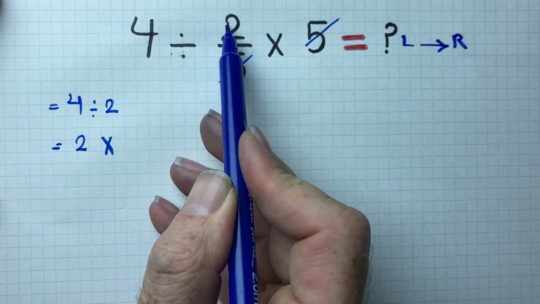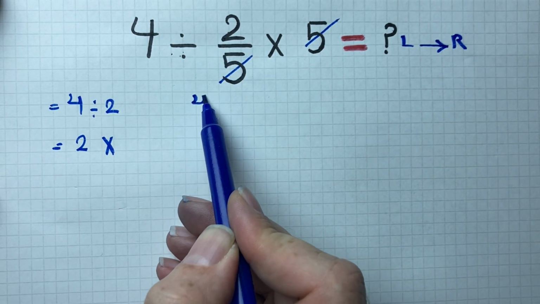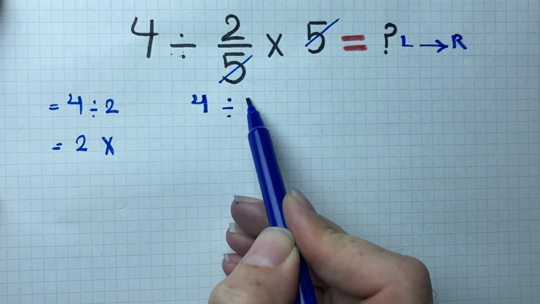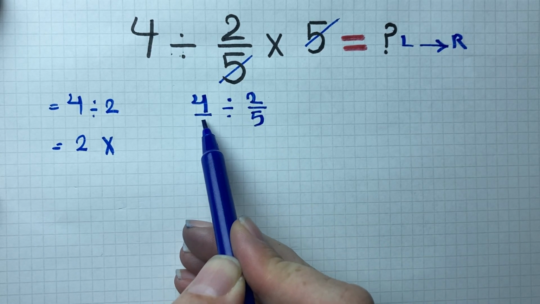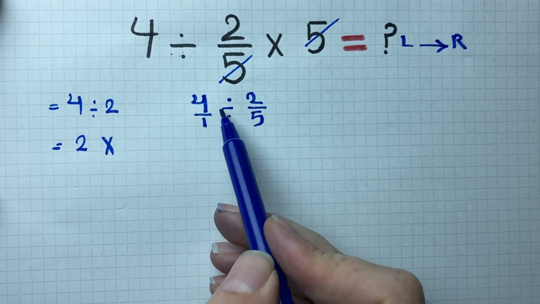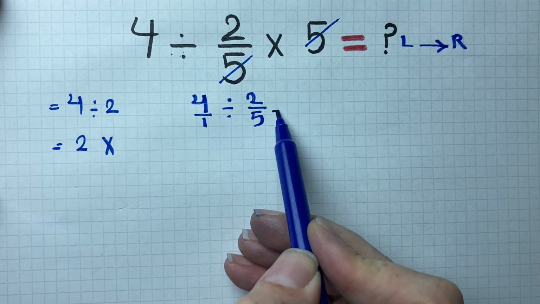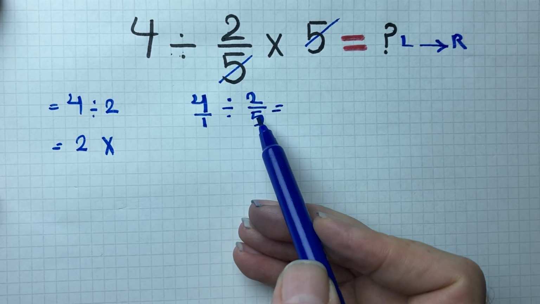4 divided by 2 over 5. Let's see what this is. 4 divided by 2 over 5. 4 can be written in the form of 4 over 1. So it is division of two fractions. To do division of two fractions, we need to follow